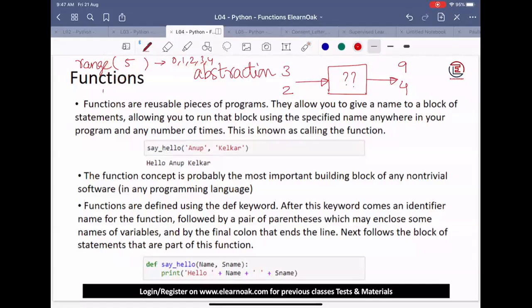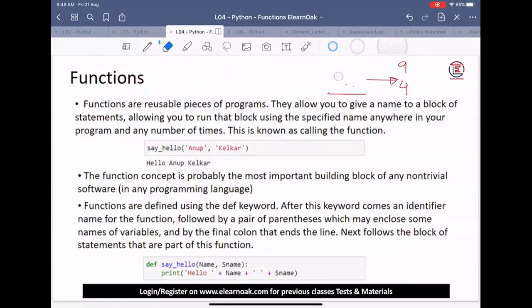We have also used the print function. So when I write print of, let's say, a plus b is equal to 5, this gives me the output, but without understanding how the print function works, we are still able to use it. Okay, so the idea of abstraction is very common and it is very interesting. The reason it is interesting is you can share parts of your code with other people without boring them with the complexity of your code. Your code becomes very simple to use, but it is very useful as well. It does the same task as before by hiding all the complexity inside a wrapper like the function. Okay. So we'll see how to write functions.